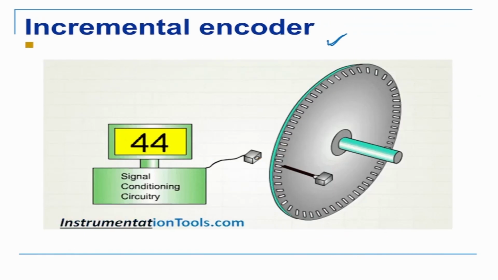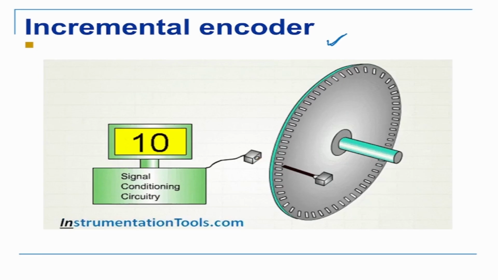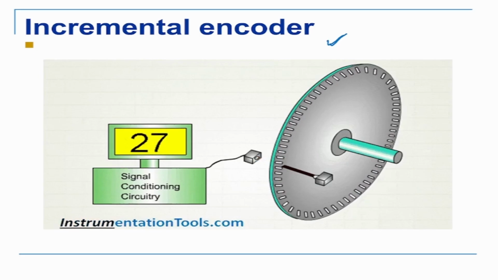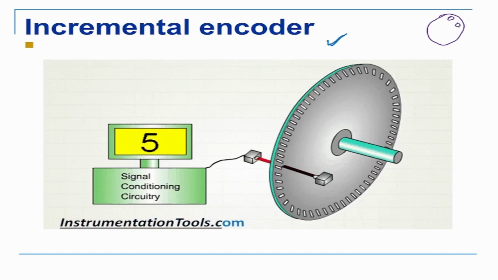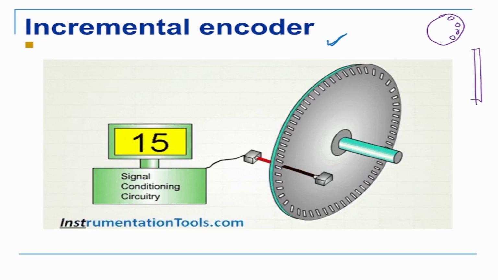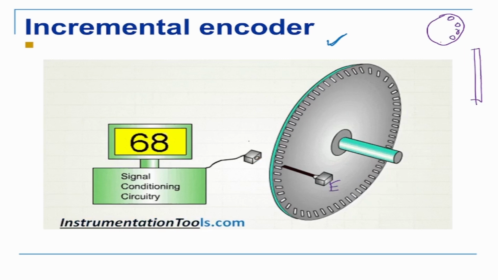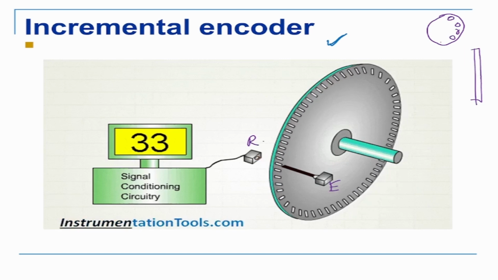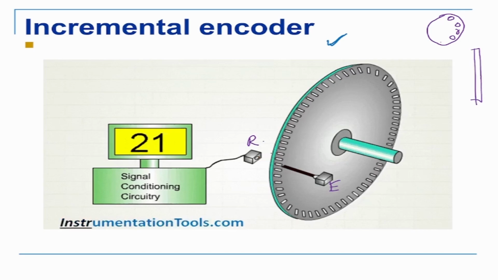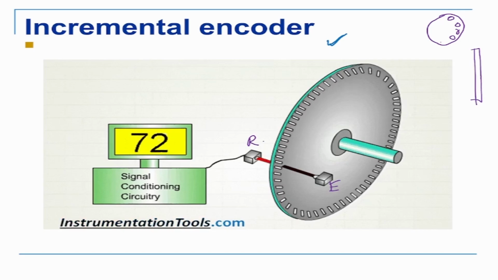Now the most commonly used is an encoder. Now what is an encoder? As shown in this figure here, there is a wheel which is rotating, and this wheel has holes. Now if I draw the side view, on one side there is an emitter, and on the other side there is a receiver. This emitter can emit infrared or light. The receiver receives light. It's something like a photocell. So this is a wheel which contains holes.